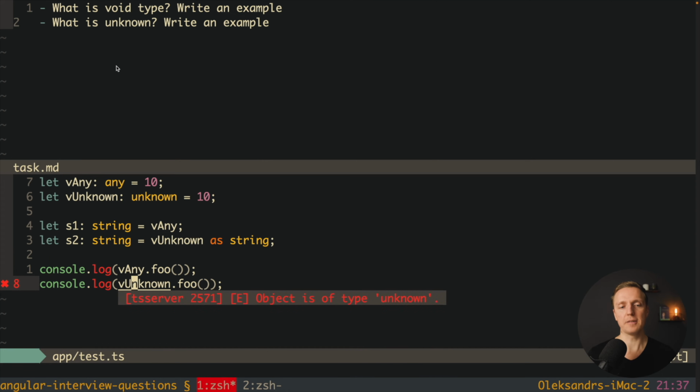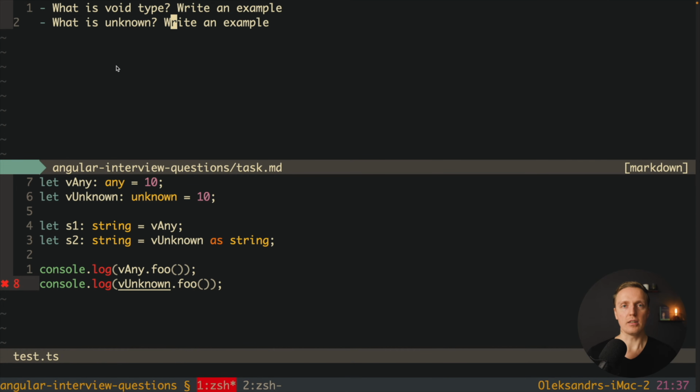If you want to call foo, you need to convert your unknown property to something which has a property foo inside. So again, to answer the question what is unknown, it is a data type which is much better than any. Why? Because after we used unknown, we must specify later what exactly data type we have. If we're using any, we don't need to do anything, TypeScript is just disabled.